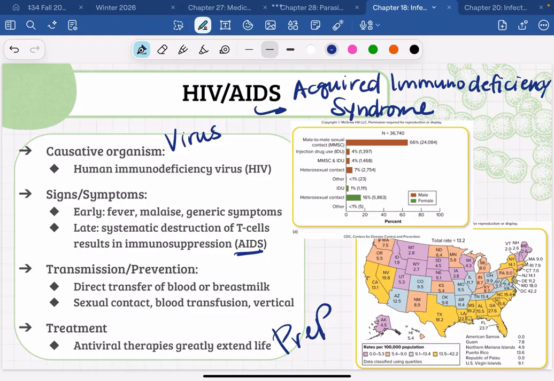There was a long time in the 80s and 90s where HIV was a death sentence, and you knew that you were going to die within 2 or 3 years. It was a really, really scary time. If you ever go back and watch old episodes of medical shows like ER, there's a lot of talk and stigma surrounding HIV.